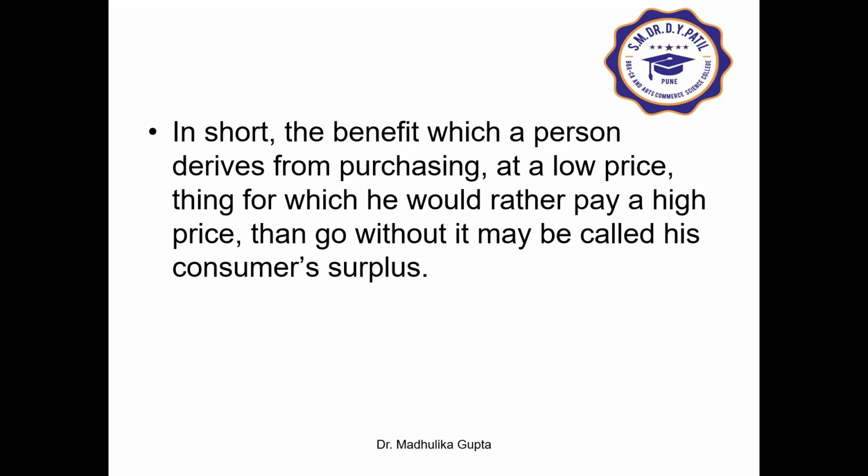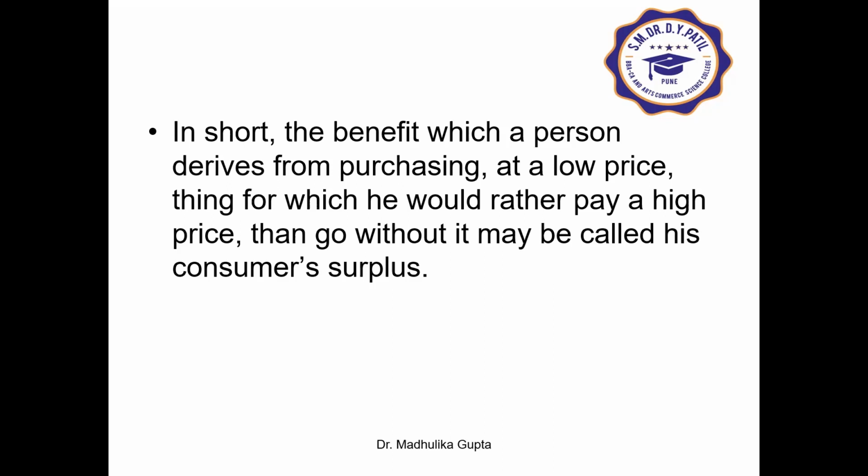So the price that we are ready to pay for a commodity is our individual demand price, and the price we actually pay for it is the market price. You're getting my point? We bargain with the people and all. So according to the economists, consumer surplus is nothing but this excess of the individual demand price over the market price of a commodity, or the positive difference between the potential price and the actual price of the commodity, in other words, right?